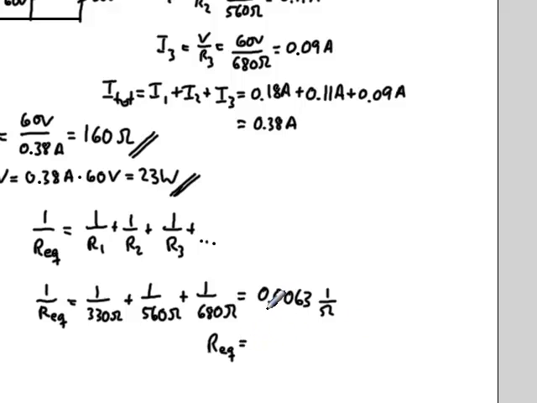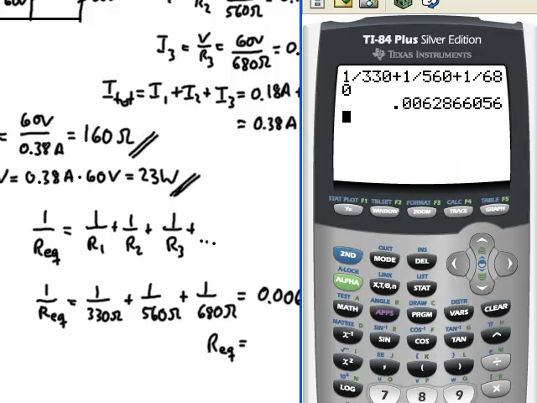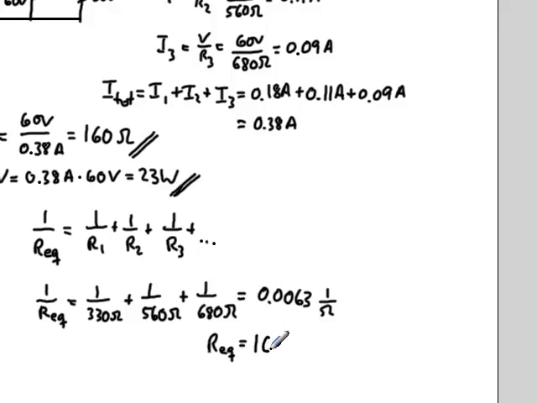This is a typical mistake, stopping right here. This is not the equivalent resistance. If you get a number that is as small as this one here, almost ridiculously small, that is not the correct number. Instead, that needs to be inverted one more time, so 1 divided by that answer comes out to the 159.0 that I had earlier on my calculator, or I calculated 157.9, but that's within rounding in between. Still, that rounds to 160 ohms as well,